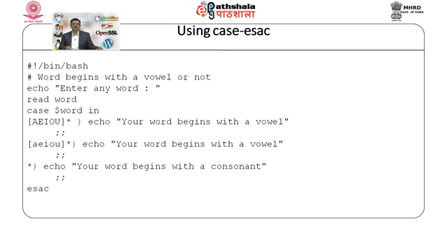So, it will go in the third case. Star means the default case, that if the first two conditions do not match, we go to the last case, that is default, and it will display the words does not begin with a vowel, or it begins with a consonant. Here you must observe there are double semicolons after each pattern. So, this is part of the syntax of case ESAC structure. The case ends with ESAC.